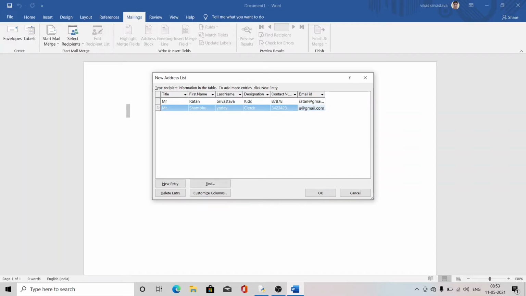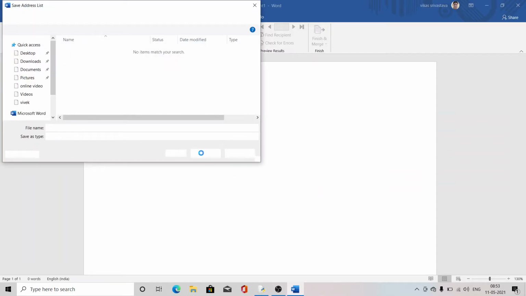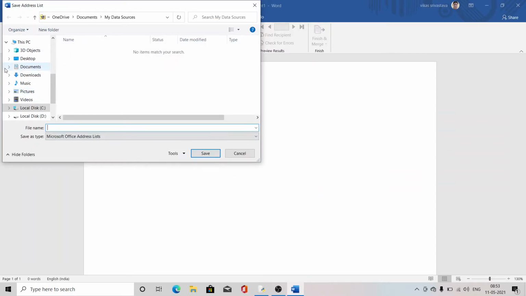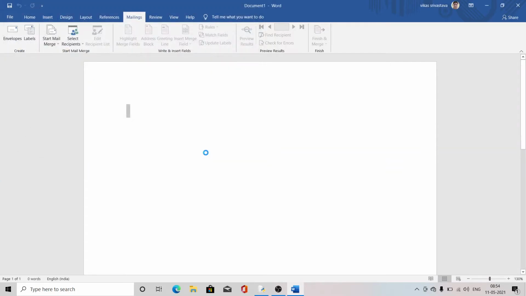So my dear students, like that I will add all the names of the employees who are working in my company. Clear? And I can click OK. After clicking OK, it will ask where you want to save the list. Here I have named it employee. By the name of employee, it will save on my desktop.